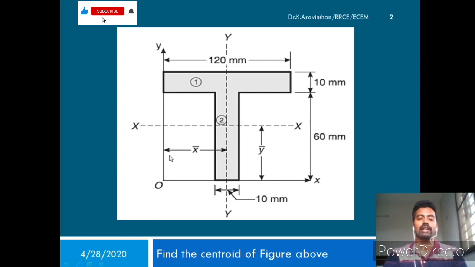So centroid analytically is determined as, from the origin point, the x and y coordinates give the centroidal axis. So let us draw an imaginary line of y axis and x axis here. Both the lines coincide at a point called the centroid. So you have to know the coordinates from the origin. In terms of origin, you are having a y axis and x axis drawn here after giving this picture. So you have to find the coordinate here, from origin, what is the x bar and what is the y bar in order to locate the centroid of this object.